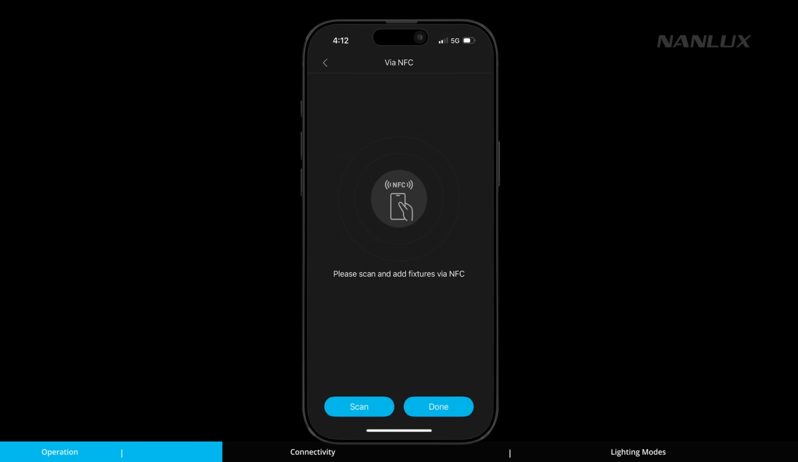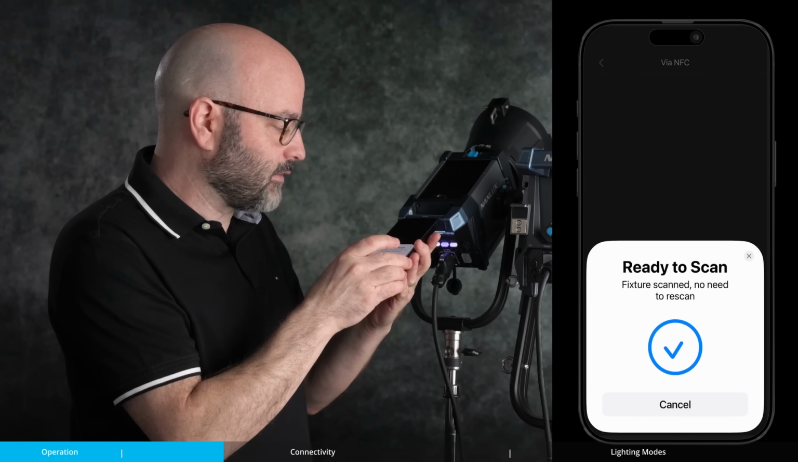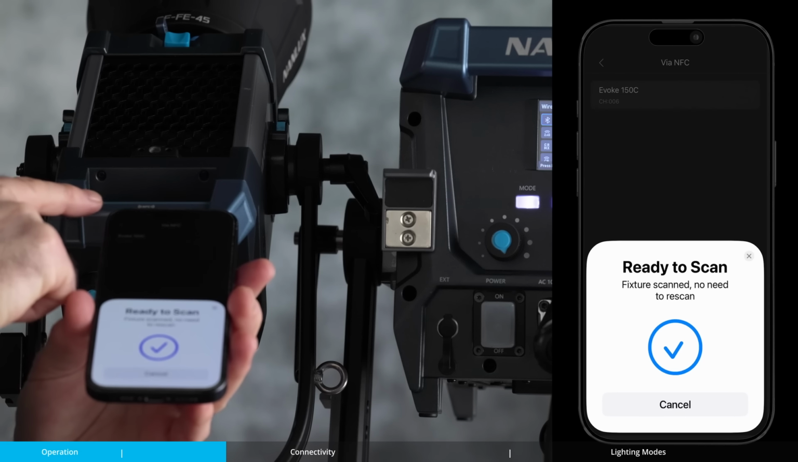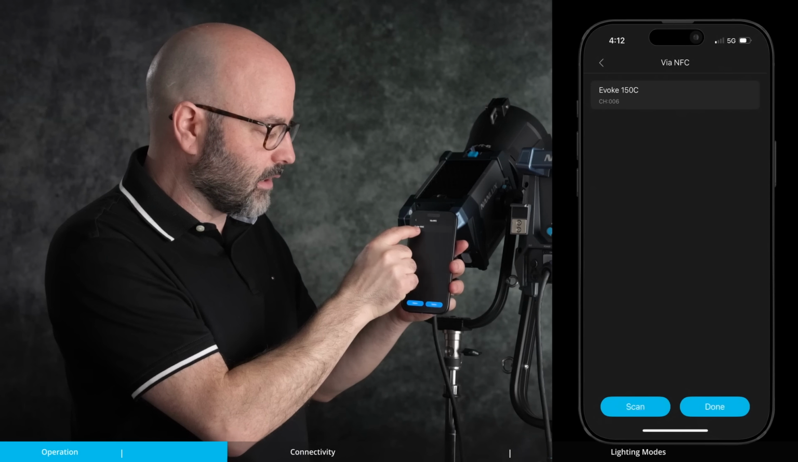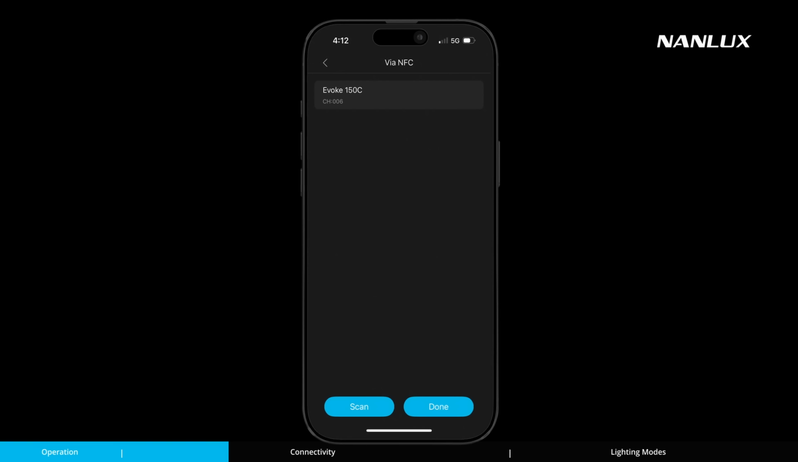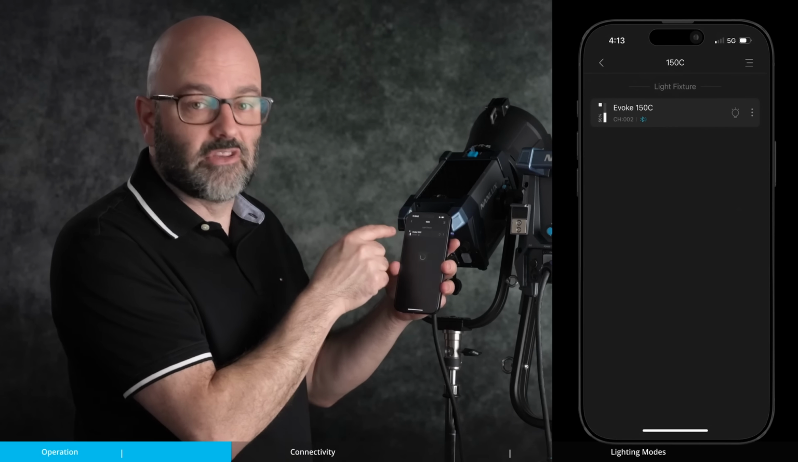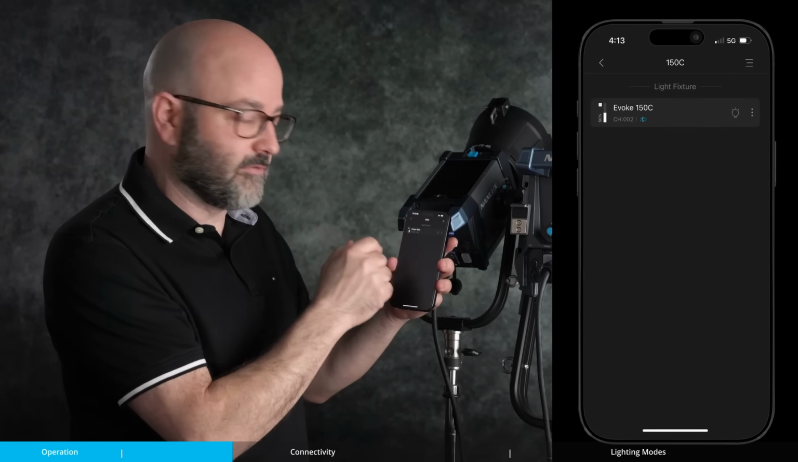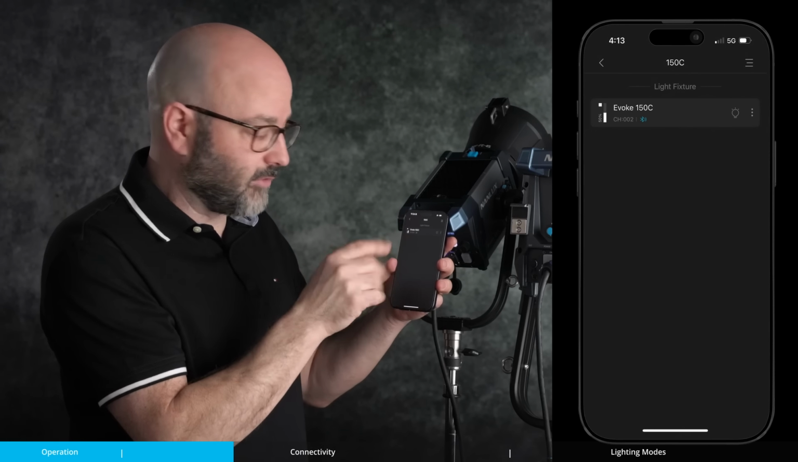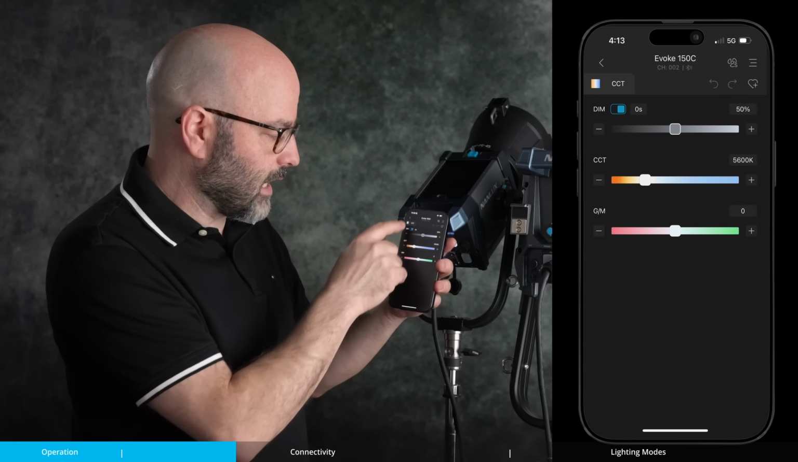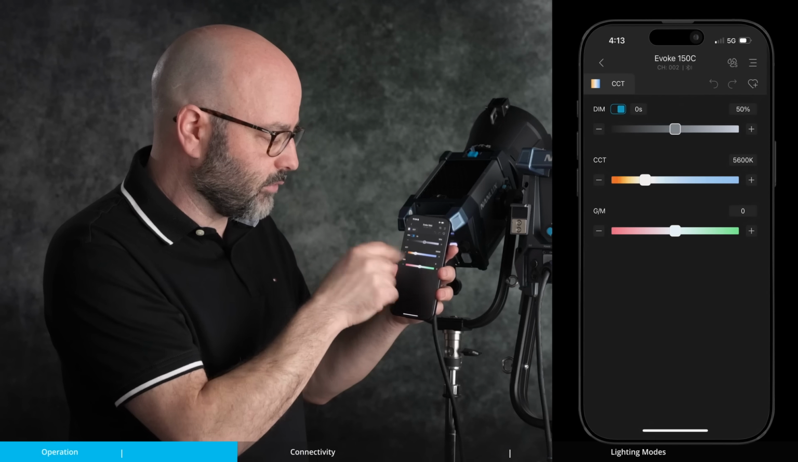I'm going to choose that, and then it's going to say ready to scan, and basically I'm going to put that up to that NFC area. You'll see here that my fixture has actually been recognized. I'm going to say done, and then it's going to set up that Evoke 150C as my first fixture inside of this scene. And then I can go inside of here, and now I'm controlling the light through the NanLink